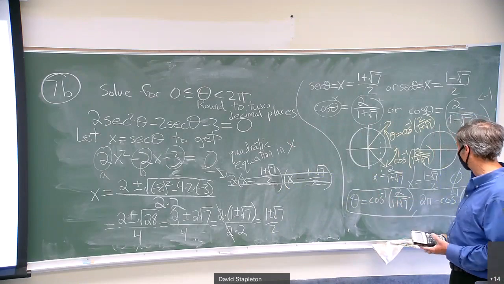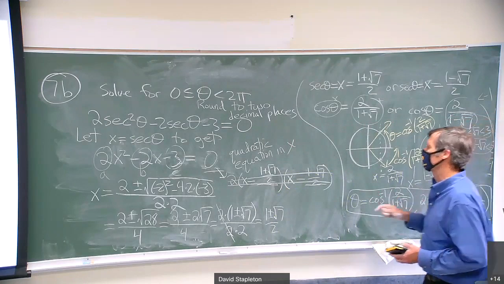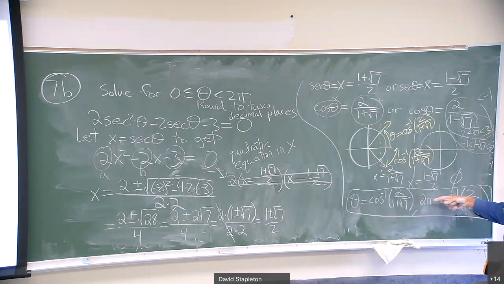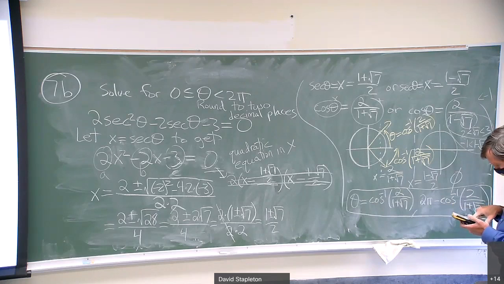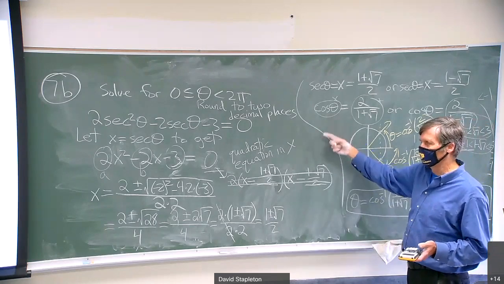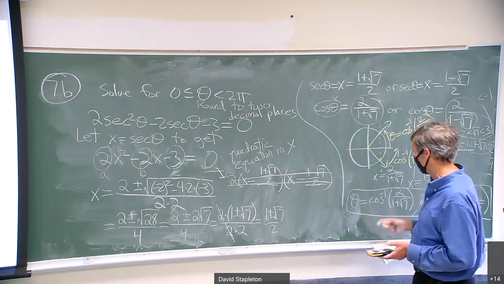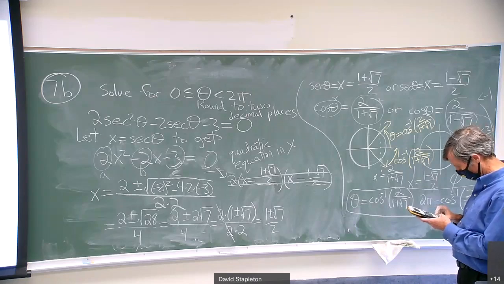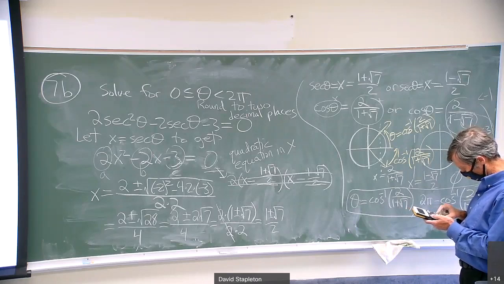And if I take the inverse cosine, I have to make sure this time my calculator is in radians, partly because I asked for answers in radians, and partly because this is a measure in radians. If I do this one in degrees, mixing radians and degrees, I'll get the wrong answer in either case. So let's try this. Clear. Make sure it's in radians, and it is. We'll take the inverse cosine, you push second cosine, and you want to be able to do this on your calculator for the test. If you don't have a good calculator, you can use Symbolab or lots of other online calculators to do these things to decimals. There's lots and lots of them. I'll say, okay, so arc cosine of 2 divided by this whole quantity, 1 plus square root